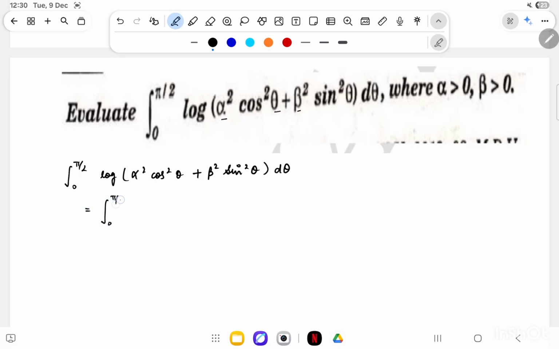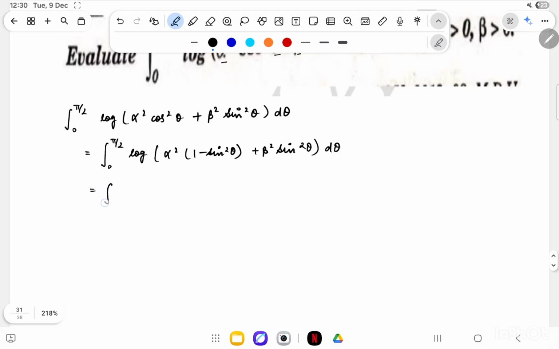So it will be 0 to pi by 2 log alpha square times 1 minus sin square theta plus beta square sin square theta d theta, and that simplifies to integration from 0 to pi by 2 log alpha square plus beta square minus alpha square sin square theta